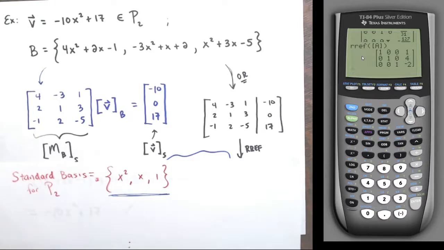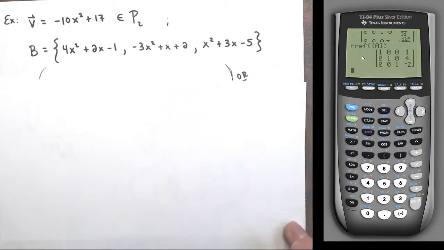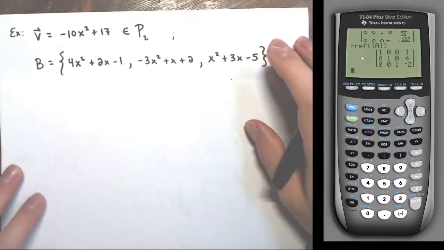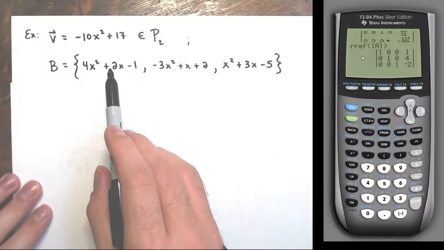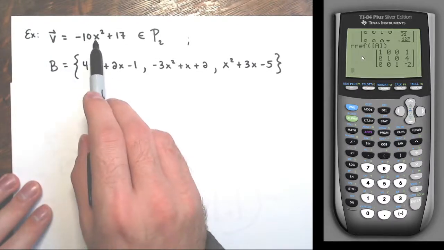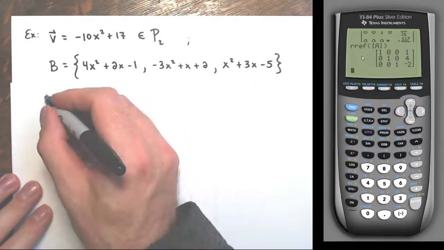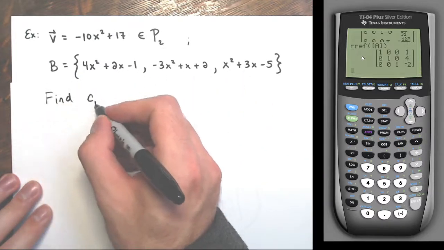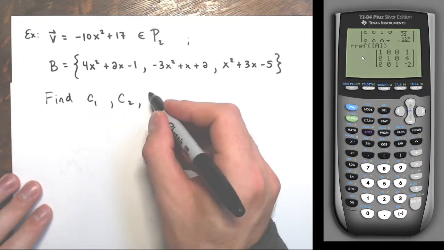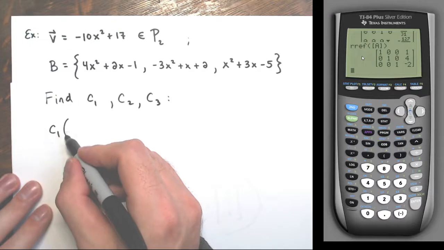And that's what I meant by, I'm going to show you the long way after the shortcut way. The long way would be doing what I did on the first problem, where I'm trying to find the coordinates of this vector with respect to this basis. So that means there's 3 vectors in the basis, so I'm trying to find 3 constants, 3 scalars, c1, c2, c3, such that c1 times the first